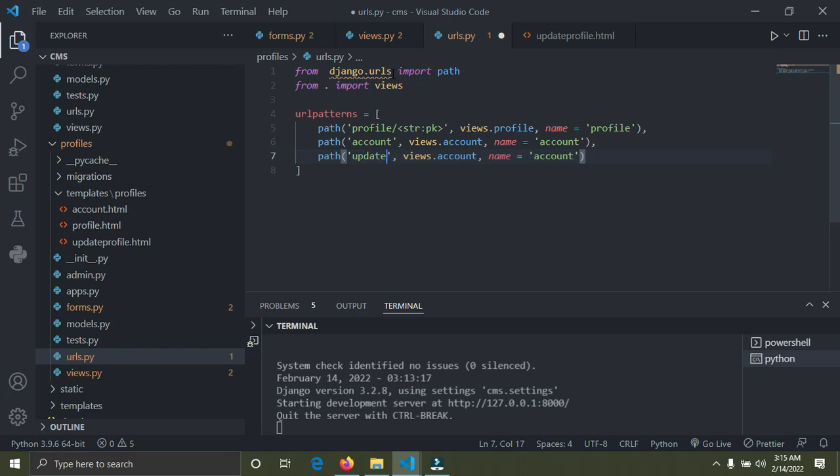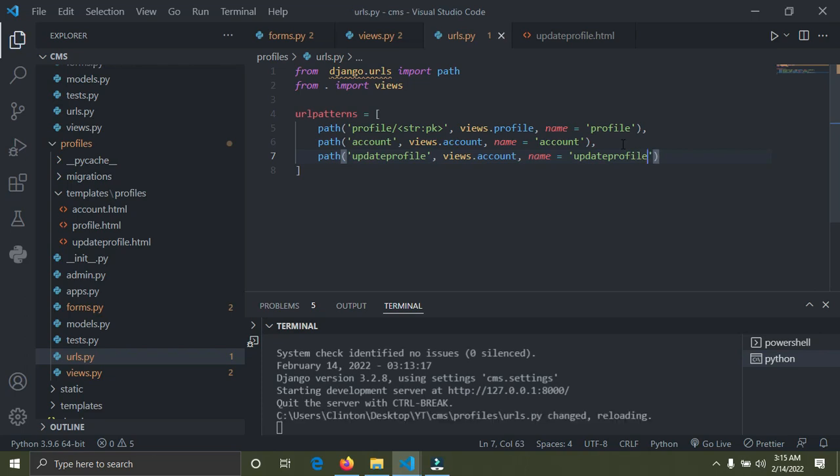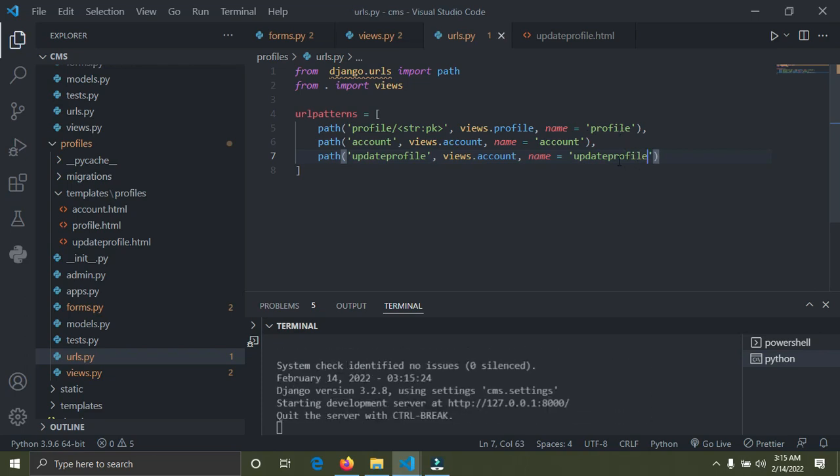Update profile. So now I'm gonna pass the same thing here. You can put a different name, but I just want to follow convention by passing the same. I'm gonna do update profile. Okay, so now we're going to get this update profile. Now go down to the accounts page,